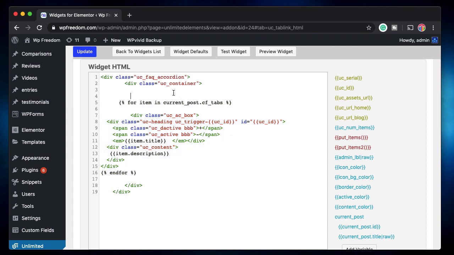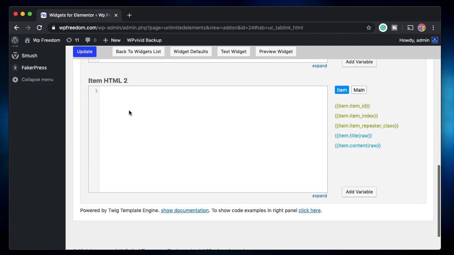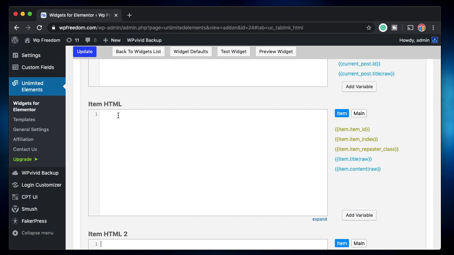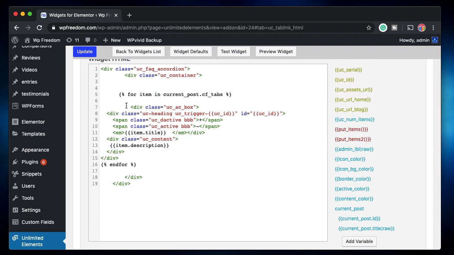You can then remove put items, and within the repeater field you want to paste the code for HTML item. So I took the code from HTML item and put it between the repeater field and replaced title with our repeater field data and the content with again another subfield of our repeater.